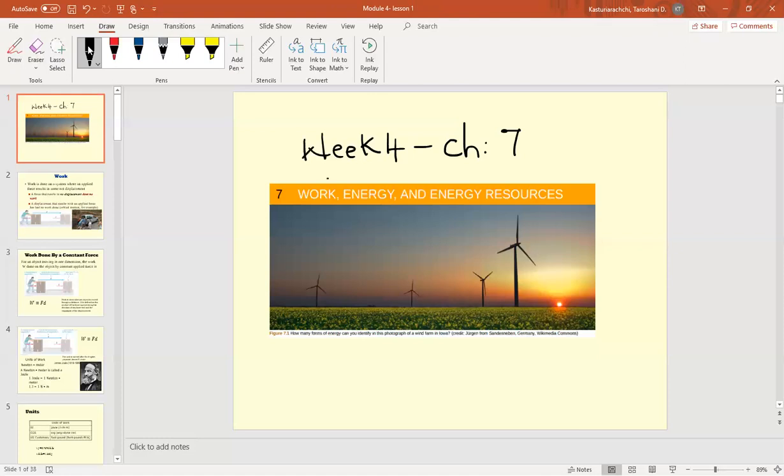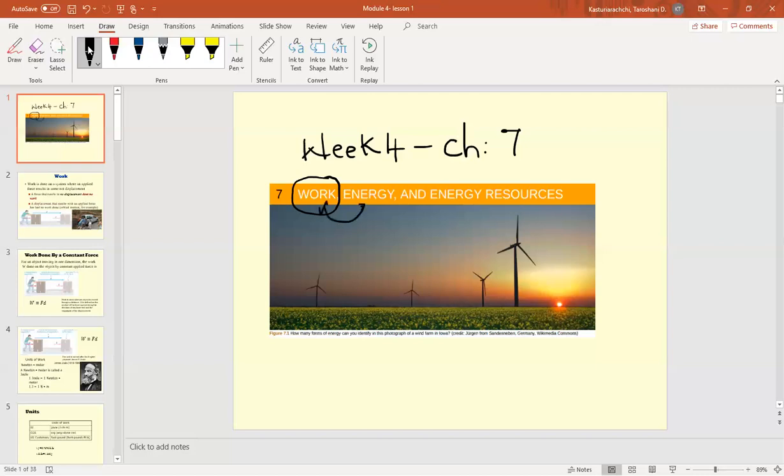Okay, what do you think? What is work? In science this is something different from what we do every day. We go to work, we work at home, we are tired of school work, but this is not the one we are looking at. We are going to look through a scientific eye at what work is. It has a different definition. Then at the end we are going to look at the relationship between work and energy.